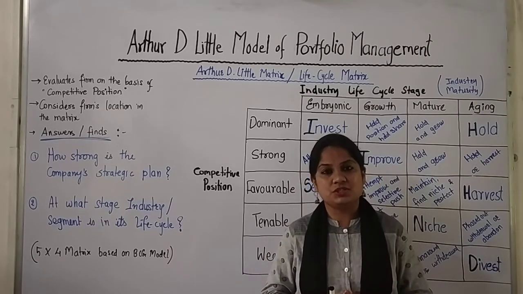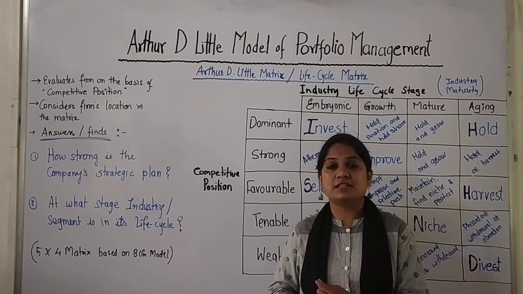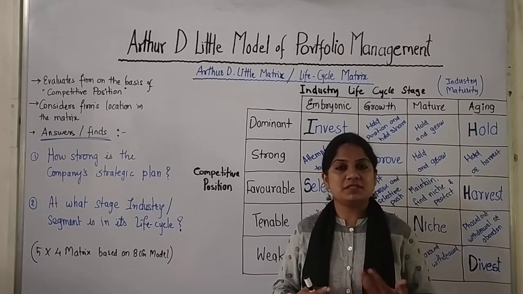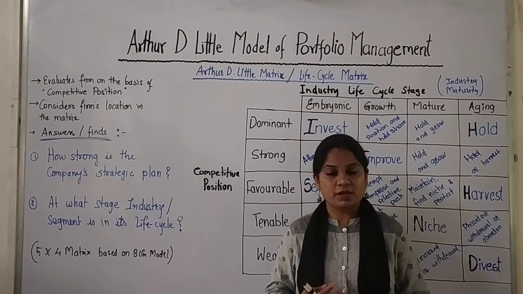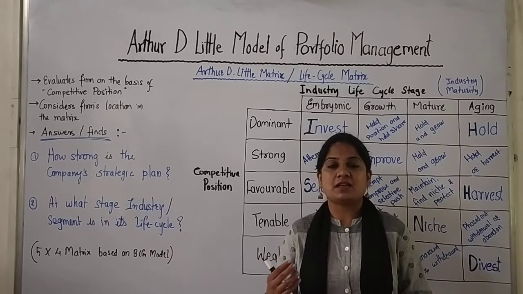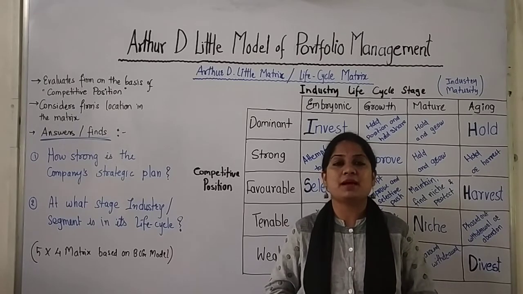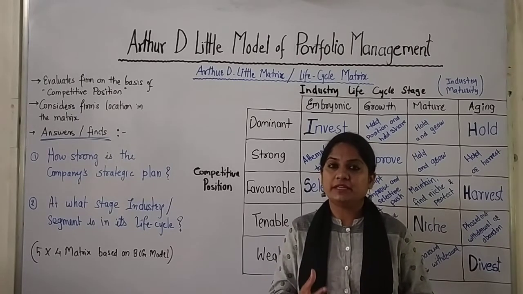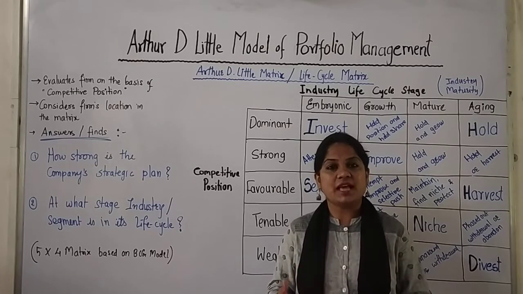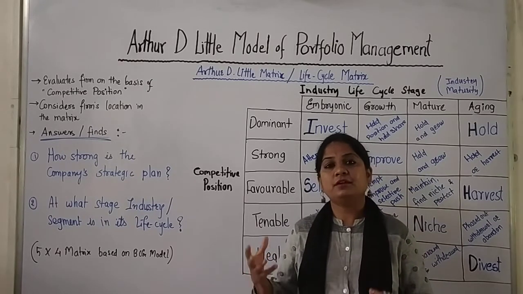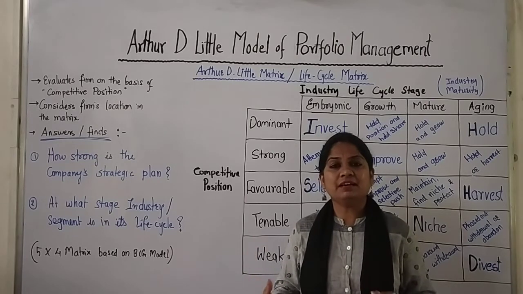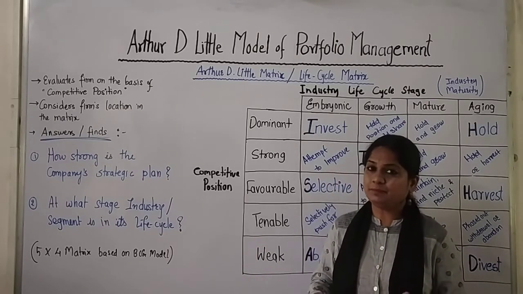One is the BCG matrix, that is Boston Consulting Group, where we have seen how companies can identify and categorize their products or portfolios in star, dogs, cash cows and question mark categories, and accordingly take the strategic actions. So it basically talked about market share and defining our own position and taking the leads.